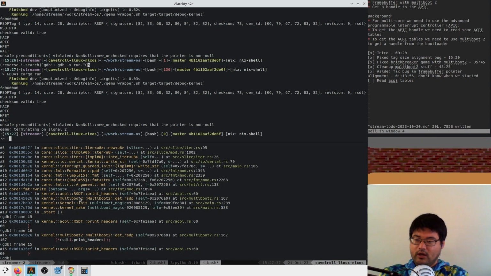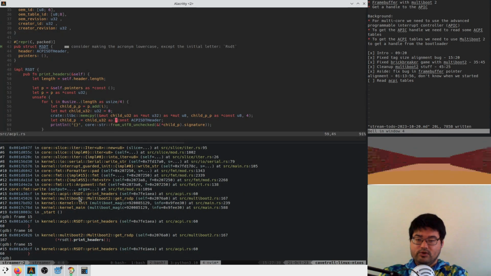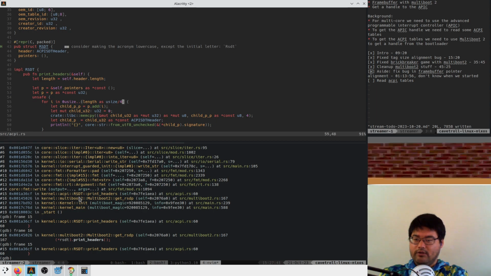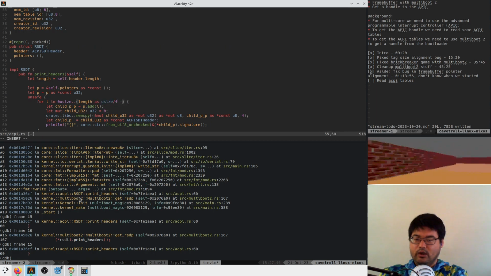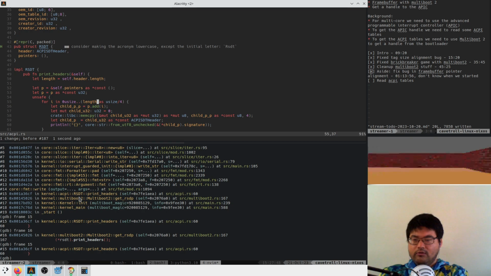Yeah, so there's something with this from UTF-8 unchecked. So probably this length has to be minus one, or length. Oh, this is just messed up.